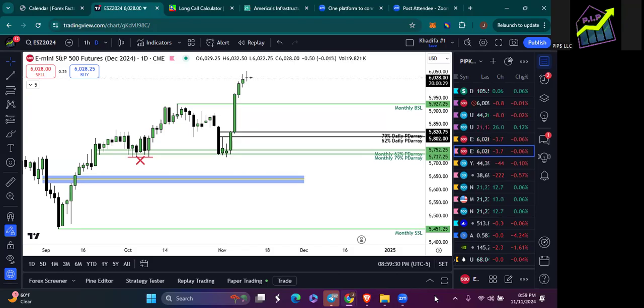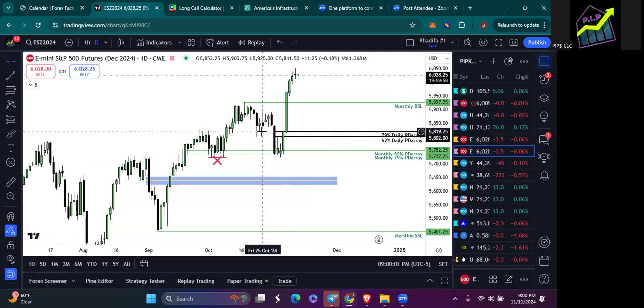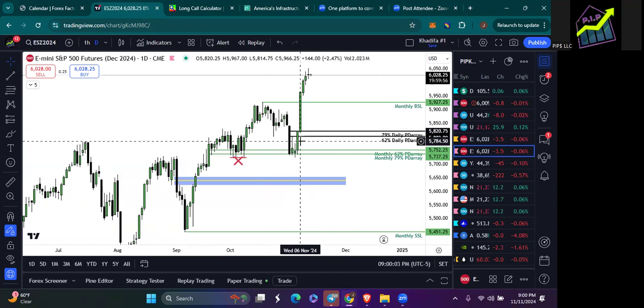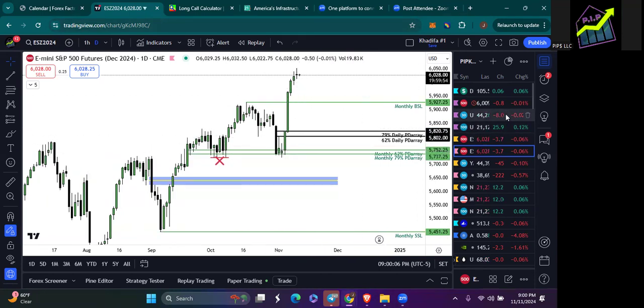There was a point in time when I first started trading that futures was always inversely correlated with the dollar, meaning they were moving in the opposite direction of the dollar because they used to trade correlated with currencies. And we know currencies move in the opposite direction of the dollar. So for a while, futures was trading with currencies, moving in the opposite direction of the dollar. Now you can see from looking at ES, it's correlating with the dollar.